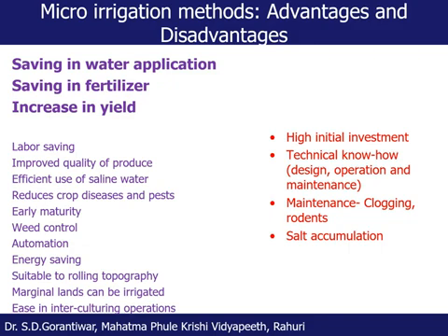Okay, and compared to sprinkler irrigation method, there is a saving of 25 to 50%. So this is the great saving actually. Even if we consider saving of 50% of water by micro irrigation method, then if I have water which can irrigate 1 hectare of the land, and instead of surface irrigation method, if we shift to the micro irrigation method, then it is possible for me to irrigate 2 hectares of the land,